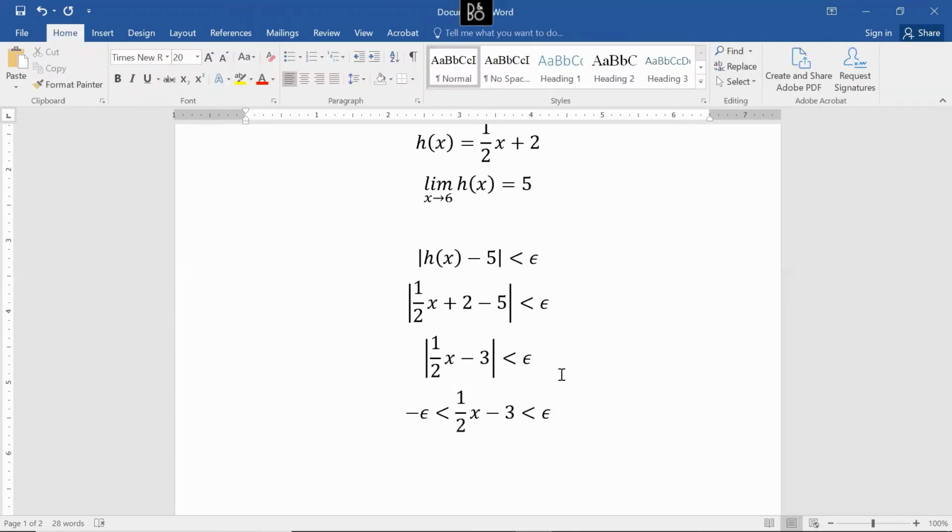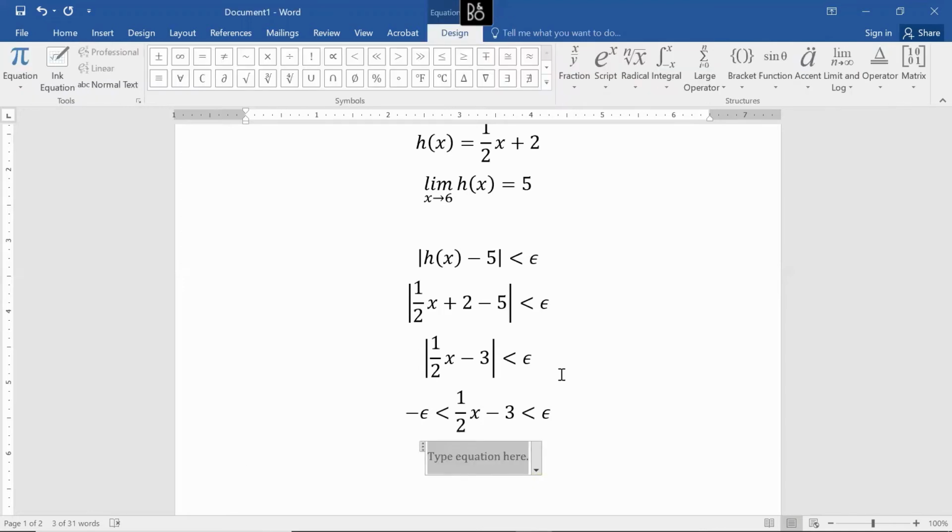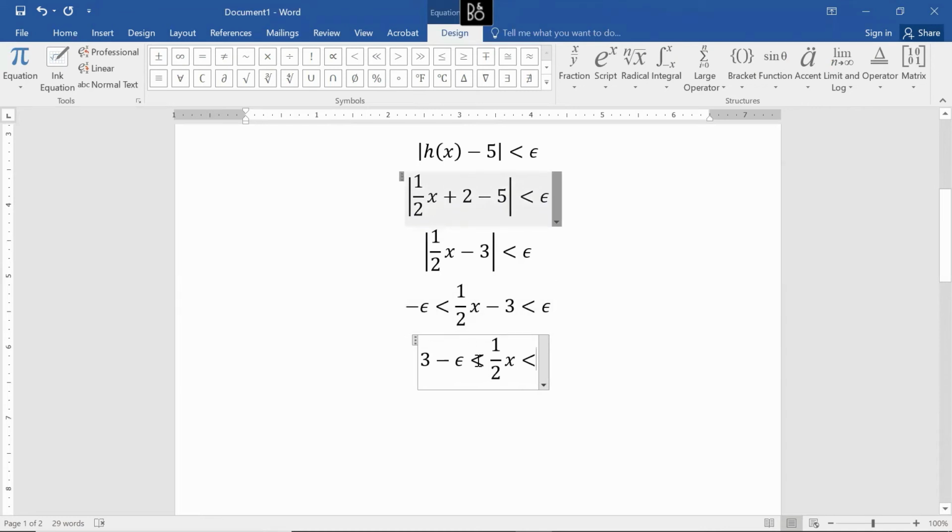I say both, all 3 sides. So 3 minus epsilon. By the way, when you're doing this on Moodle, it is going to require you to type this in a certain order. So 3 minus epsilon and negative epsilon plus 3, it might want one of those instead of the other. Same thing on the other side, 3 plus epsilon versus epsilon plus 3. Moodle might want you to write it in one form or the other.